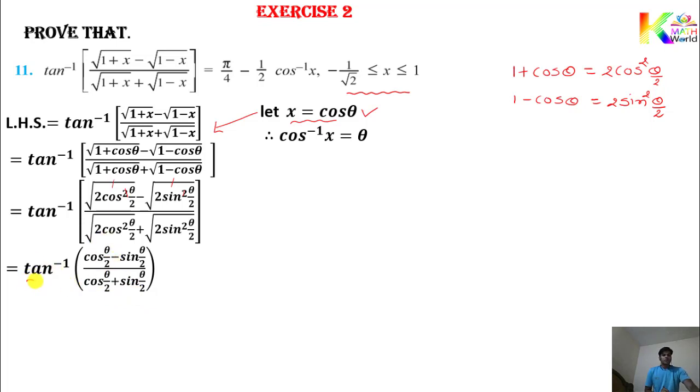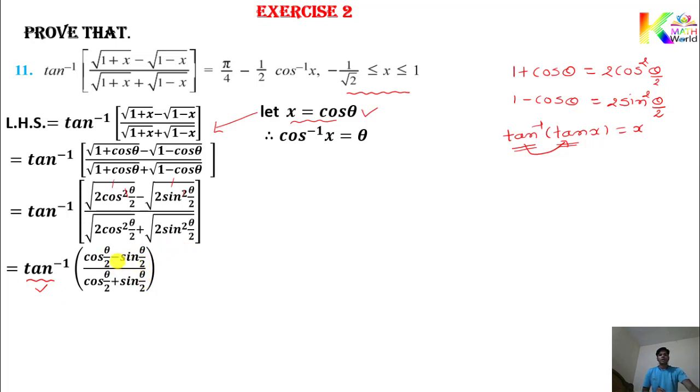Now you can see the outer function is tan inverse. Up to now, in whatever questions we have seen, we try to set the function like this, tan inverse of tan x, then we can put the answer x. It means instead of tan, whatever your function, suppose cos inverse, then you try to set cos here. In short, just set the function so that you get inverses of each other. Here tan inverse and tan are inverse functions of each other. So as the outer function is tan inverse, try to set everything in terms of tan.